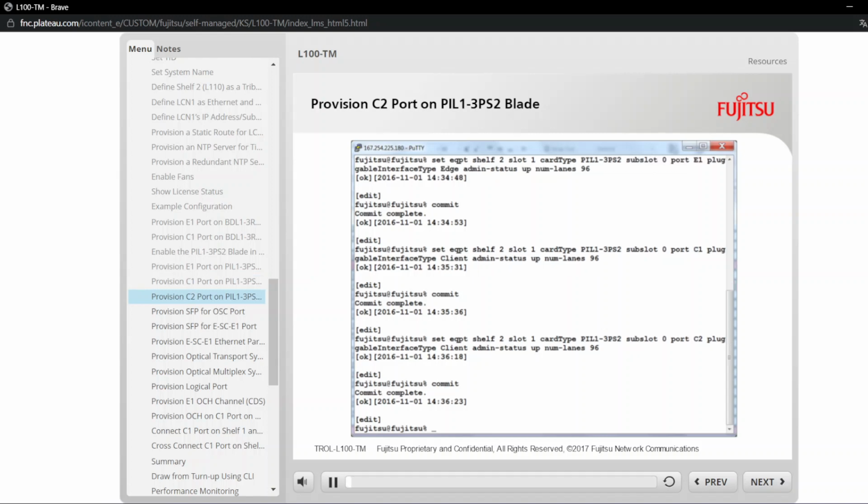The C2 port on the PIL1-3 PS2, in slot 1 of the optical multiplexer base blade, connects to a Flashwave CDS in the example network being provisioned. This example shows how to define and enable the C2 port on the PIL1-3 PS2 PIU in slot 1 using the following parameters. Shelf 2 is the BDL1-3B11. Slot 2 is the physical location of the